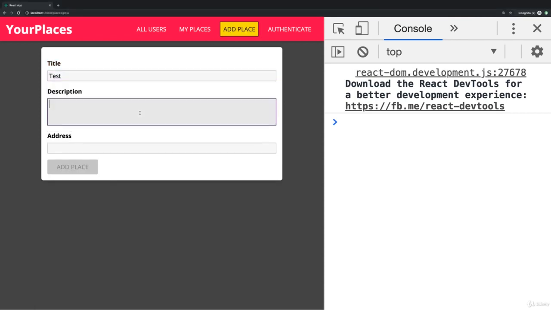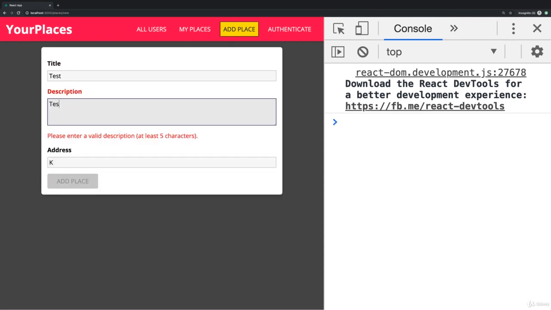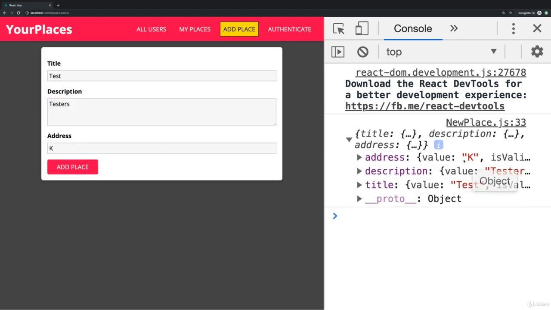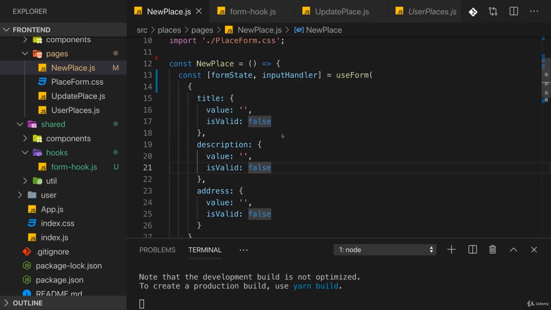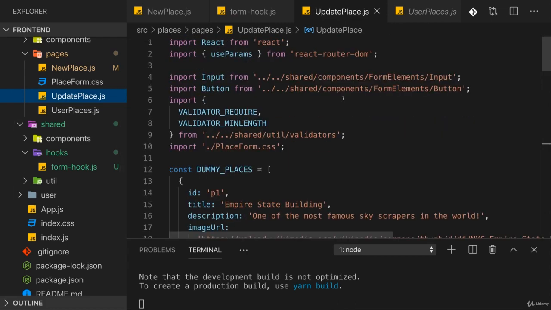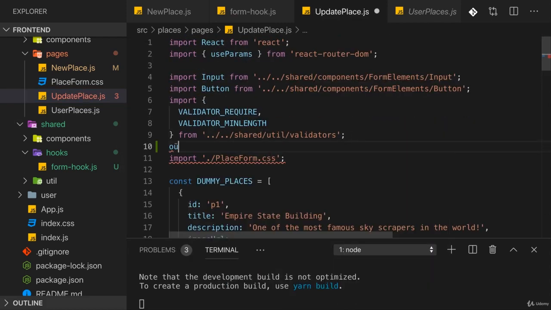Here, if I enter something and I have valid inputs everywhere, my overall form becomes valid. And if I invalidate an input, it becomes invalid. If I submit it, we see all the data is there. So our custom hook works. And now we can use that custom hook also in update place, and hence we're sharing all that form management, input change handling logic. So let's go to update place, and there import